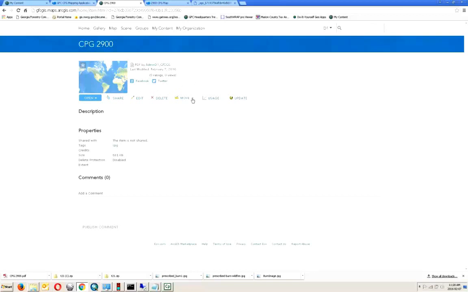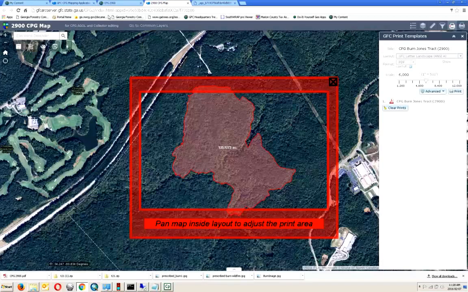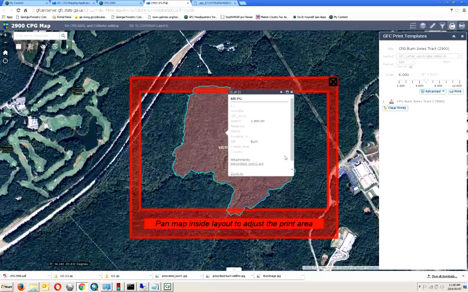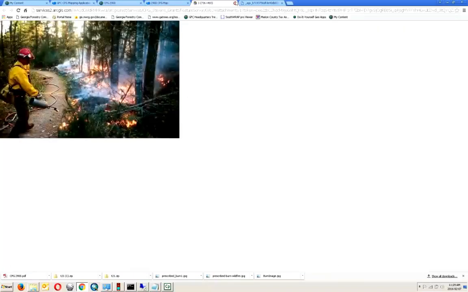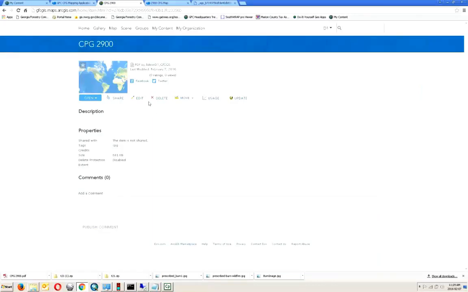this image along with the data. Do you remember how we could attach an image or a document to the actual spatial data in the tract? You remember how we attached this image, and this is associated with this spatial data, this polygon in the map. So when you open the map, then you can see the image. But over here, this is actually in your content in your ArcGIS Online account. So this would keep together